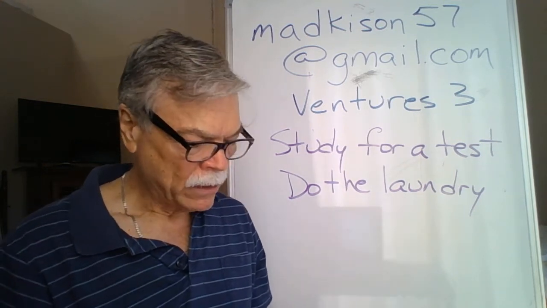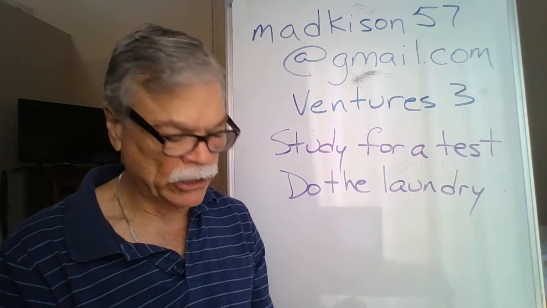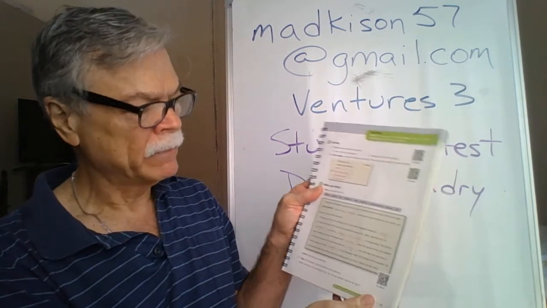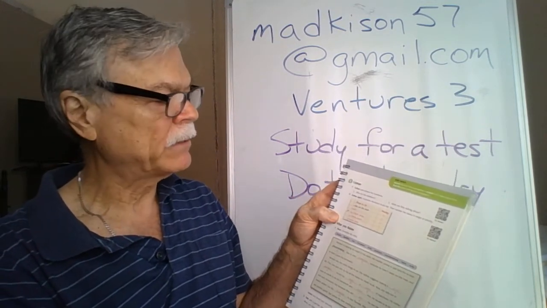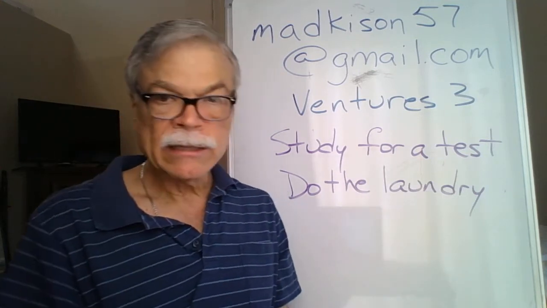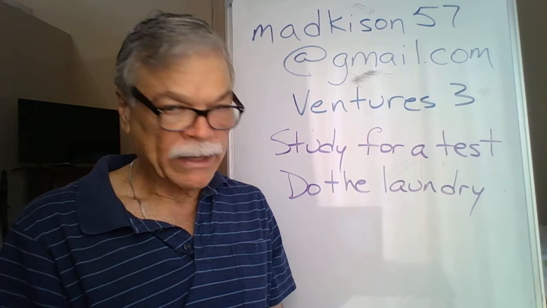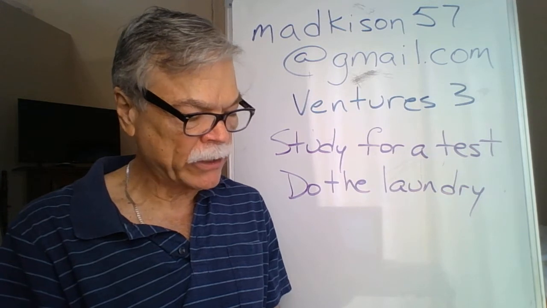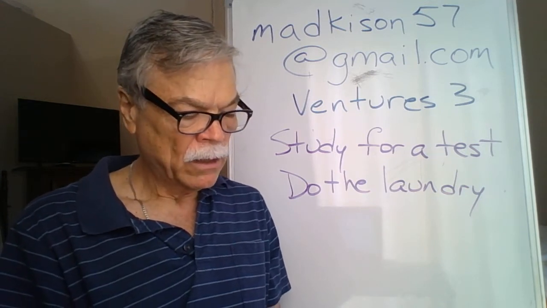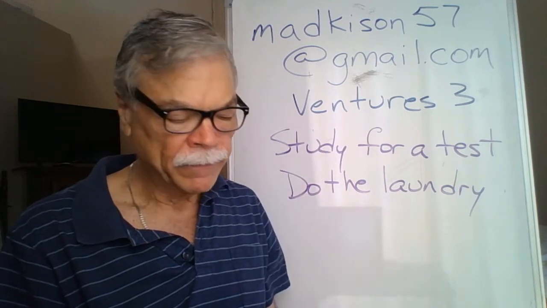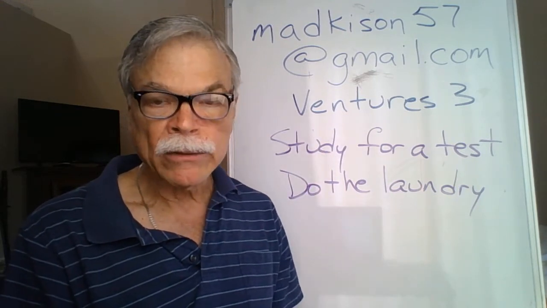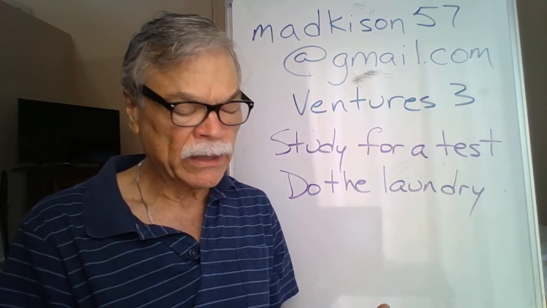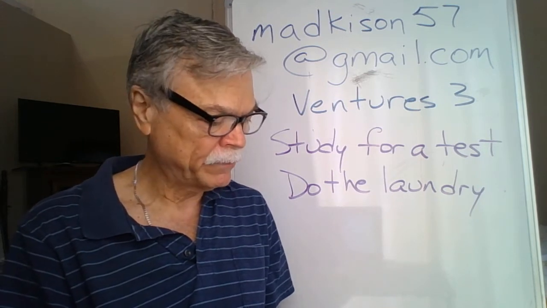All right. Now that we've read the conversation, let's go to page 71 and see if we can answer the questions. It says, who are the speakers? Well, that's easy. The conversation was between Winston and his mom. So the speakers are Winston and his mom. What are they talking about? They're talking about how to prioritize all of the different things that Winston needs to do so that he can complete all of his tasks.